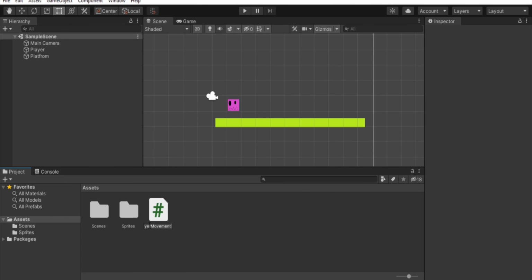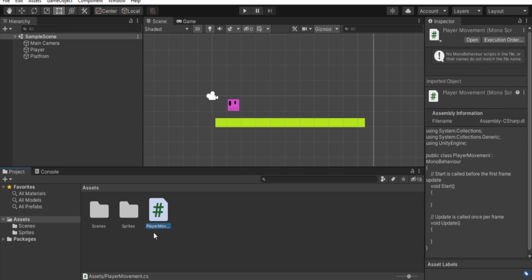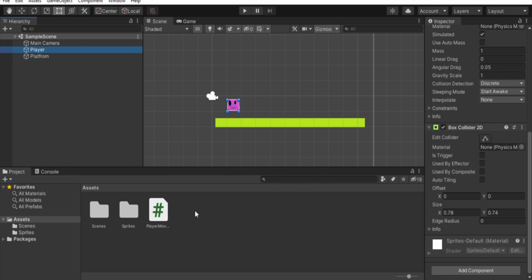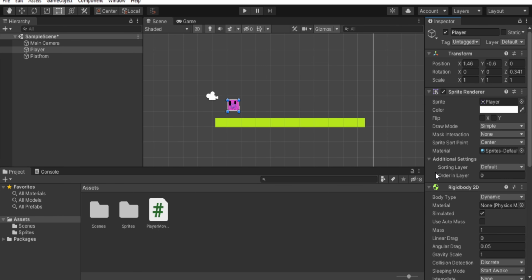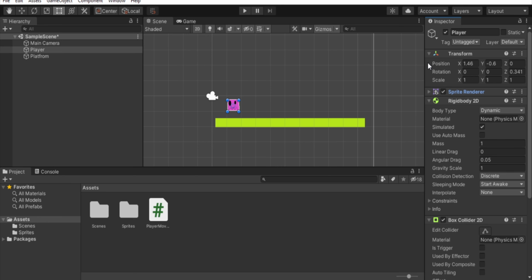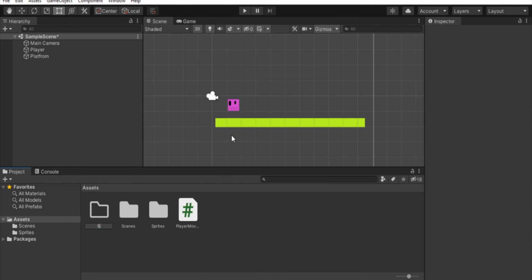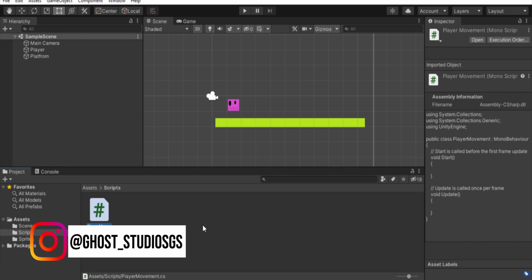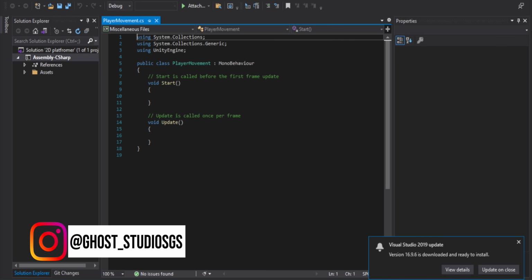Make sure you don't use space in between the names. It counts as an invalid name and you are going to have an error. But you can use underscore. Now select the player and drag and drop the script on the player. It's going to attach it to the player. As I said in my last video, organizing is important. So create a folder and drag and drop the script on that folder. From now on, all of my scripts will be in this folder. Scripts are like custom components. Double click on the script to open it in Visual Studio.